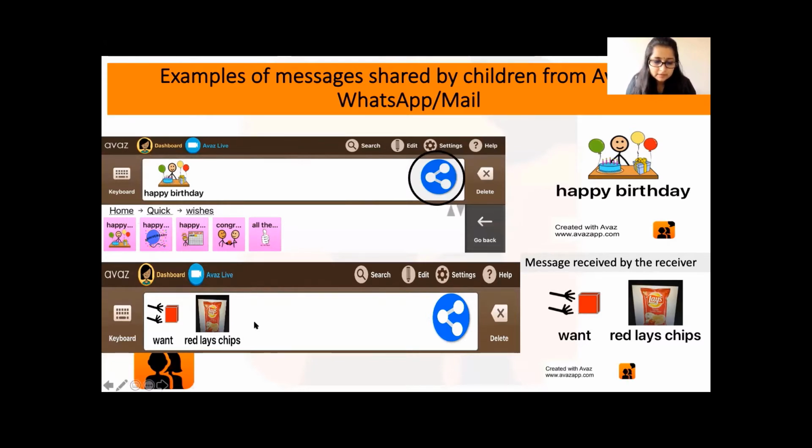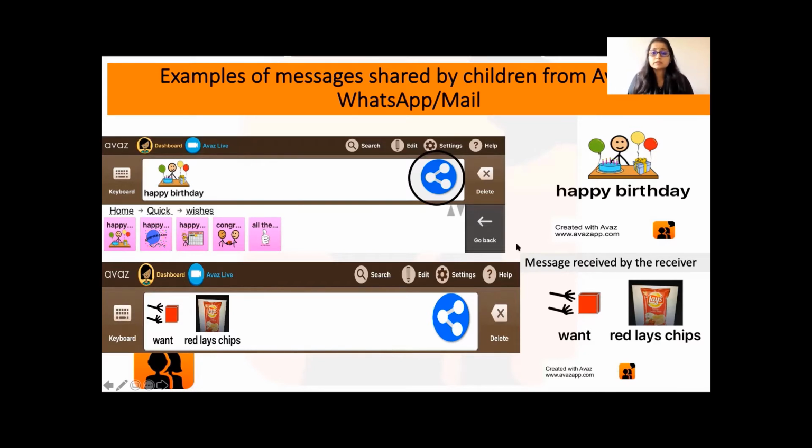In another instance, the child said, "Want red lace chips," and it was shared with the parent. And on their way back, they were expected to get lace chips. This is how it looks at the receiver's end on the right-hand side. They get the message via WhatsApp or email or iMessage, wherever they share it.